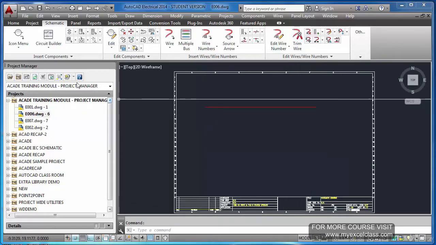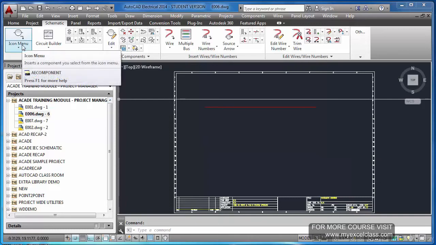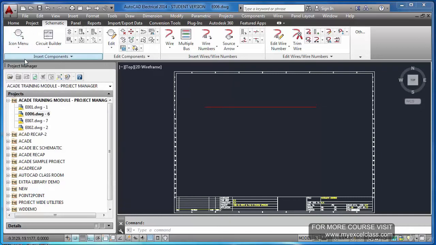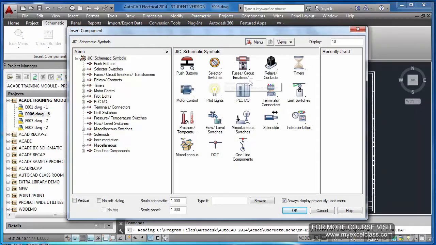Fine. Now for inserting a component, you should go to this icon menu here. Here you will find many components which are readily available in the AutoCAD library, and you may not get all the components which you require.